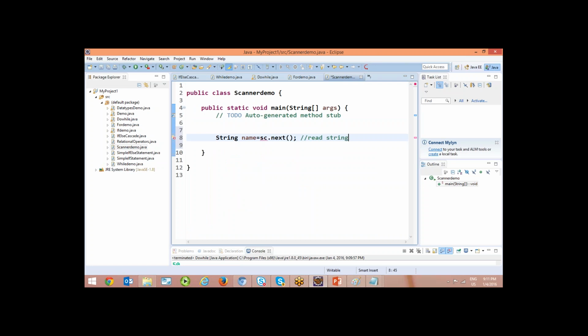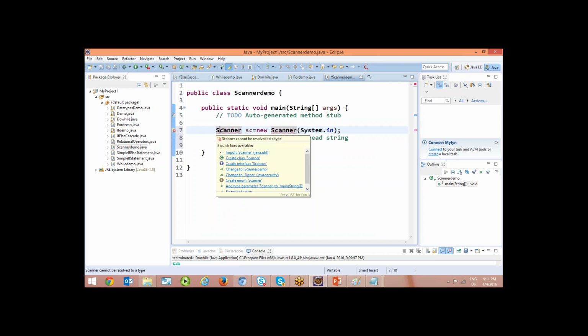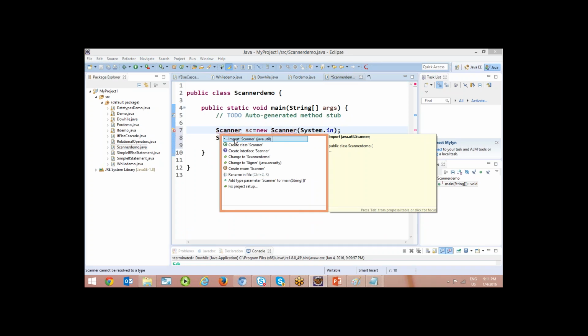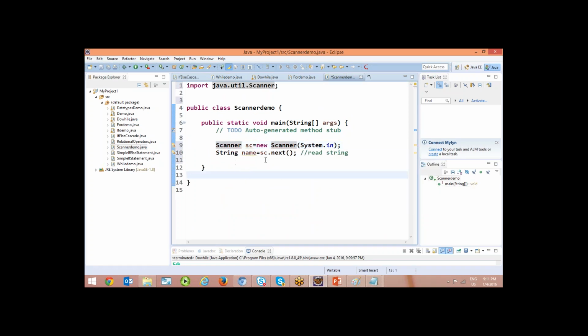And the scanner needs to be created. You just import it. You are reading a name.